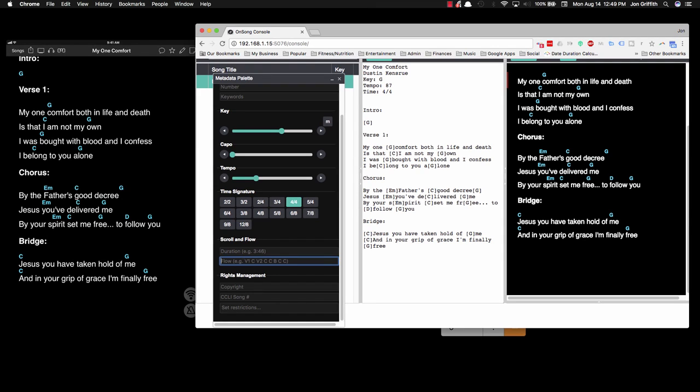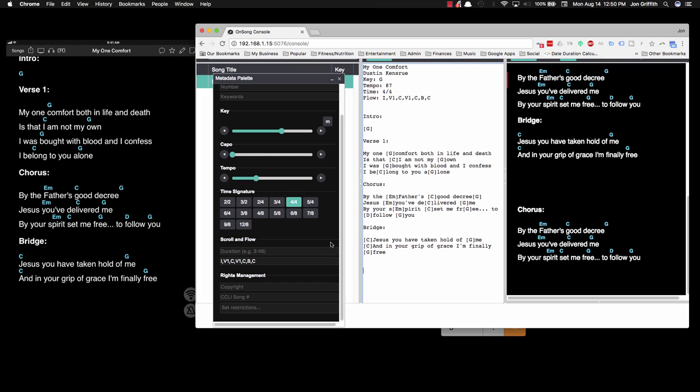So the first part is going to be the intro. I'll just type I, comma. Then I'll type in V1, and then chorus, and then let's see, we do V1 again, and then chorus, and then bridge, and then chorus. Okay? So now what happens is the flow is put into the song, and anytime it runs into one